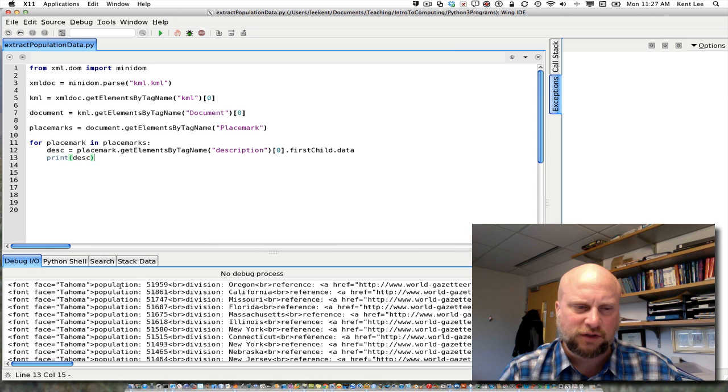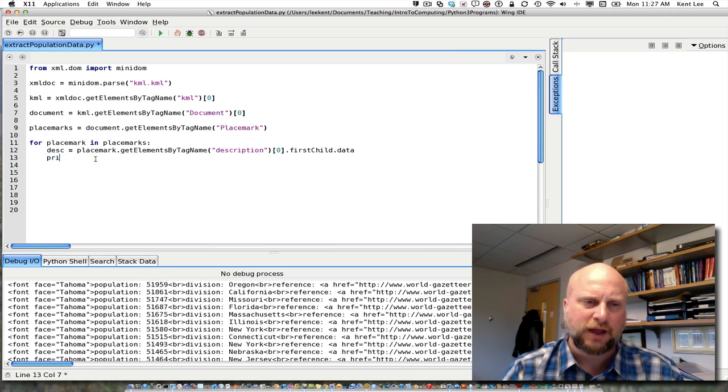Now, population is right after the first colon, so I'm going to go ahead and split that. We'll take the print back out at this point, and we'll go ahead and split that, and that's just going to give me a list. List is equal to desc dot split, and I'm going to split on a colon in this case. Okay, and that means that I am getting close now to the population value I want. Everything before the colon is going to be list sub 0. After the colon is list sub 1. So I'm going to do list sub 1